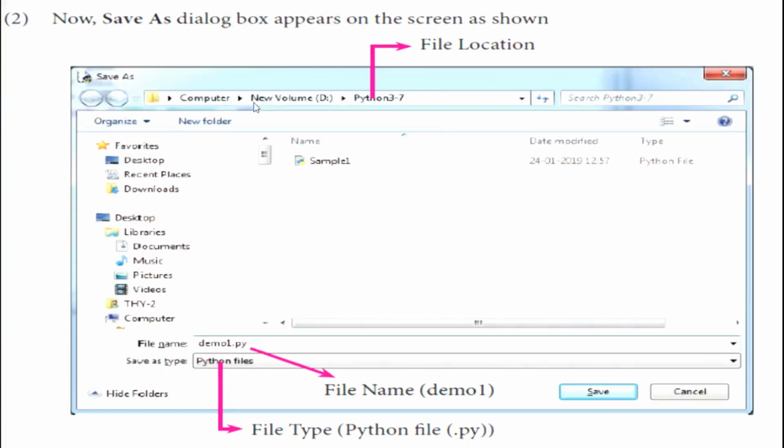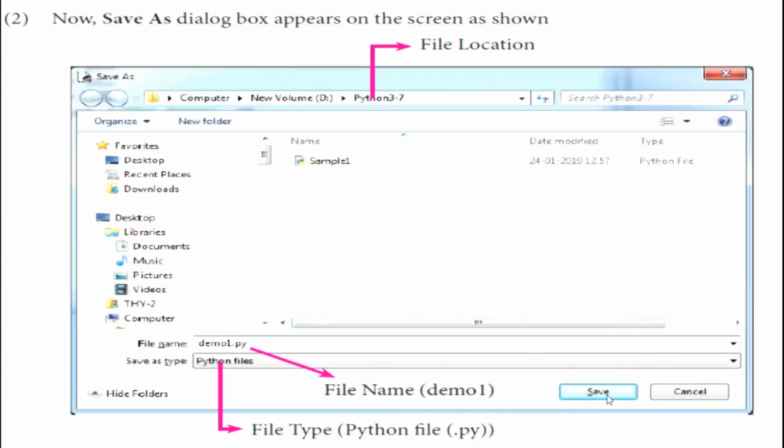Here the file name and the save type is Python file. The file name ends with dot py. Click the Save button.